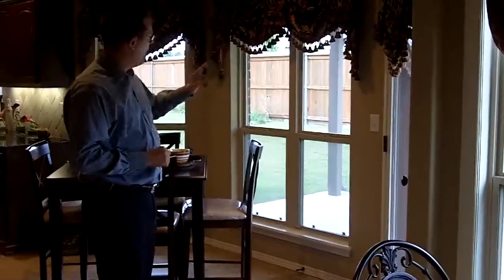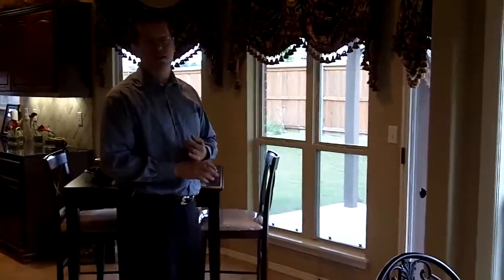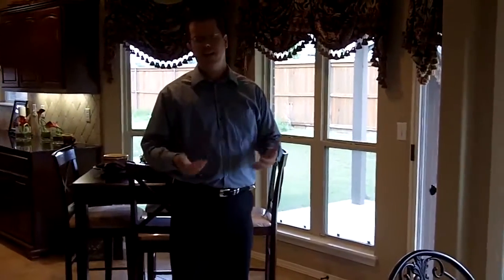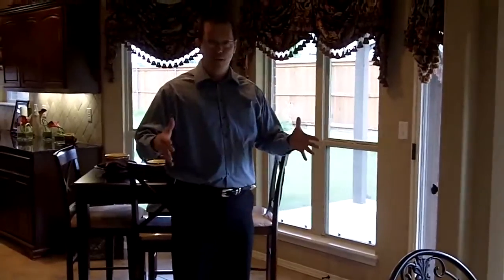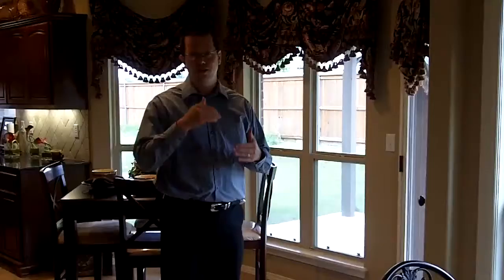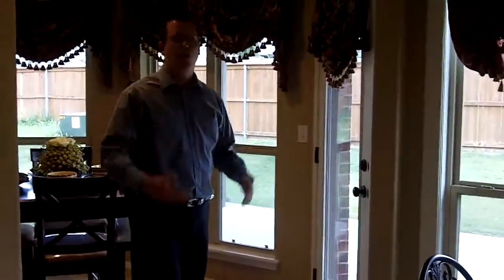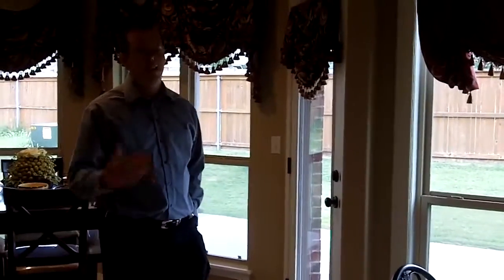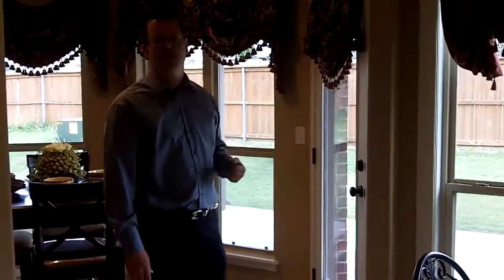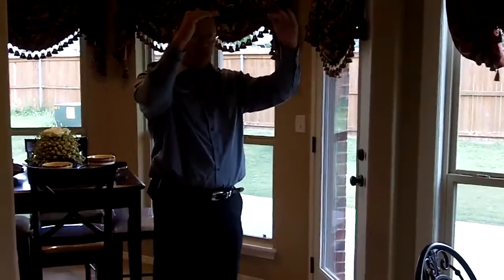As far as outside off of the nook, you've got a covered patio. Our included covered patios are typically 120 square feet if it's not otherwise stated. That's a 10-foot by 12-foot covered patio. There are some floor plans where you'll see on the floor plan it's a different shape or size. It's because it just works easy with the way the roof is, and then it comes included the way you see it on the floor plan. But if you're not sure, it's probably 10 by 12, which is 120 square feet of covered patio space